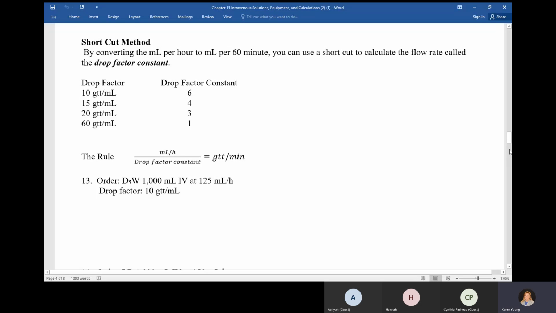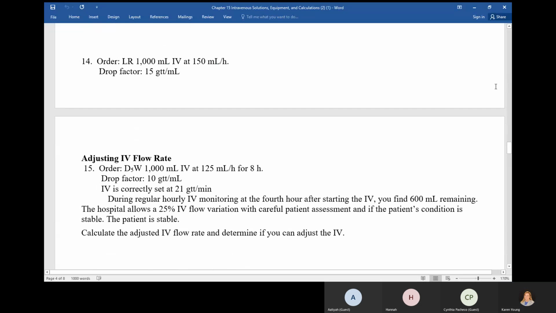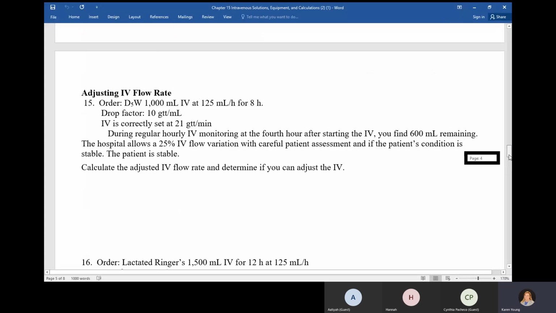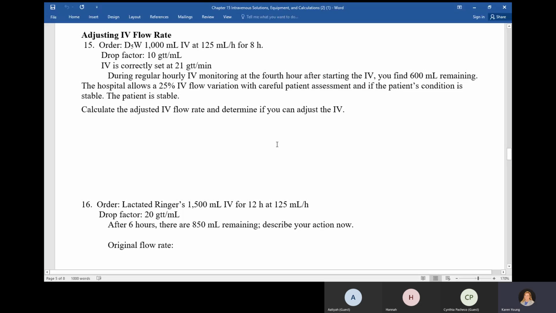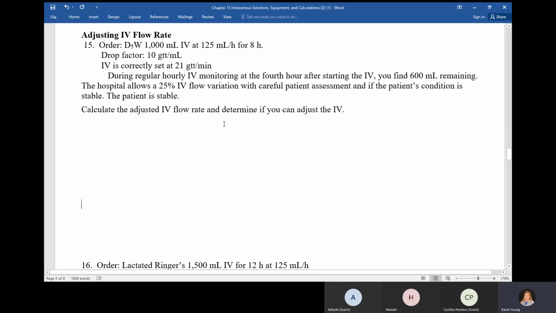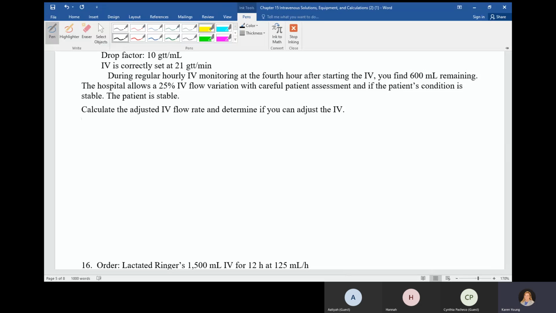Oops, we did that already. This is the shortcut method. The adjusting IV flow rates is where we're at. So I guess we're ready to be rolling. Okay. All right, so with adjusting flow rates,